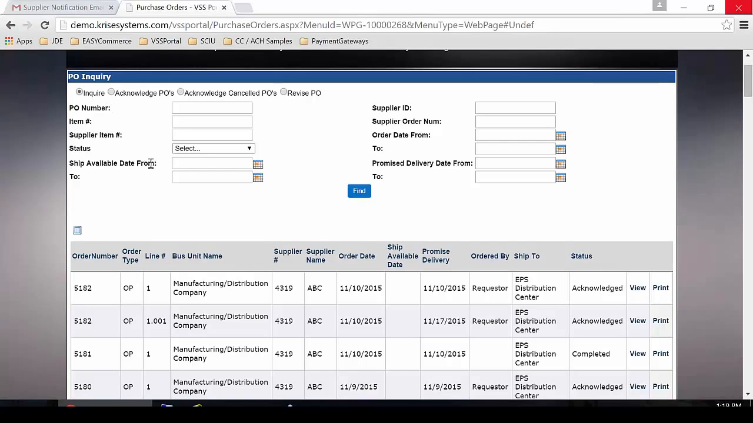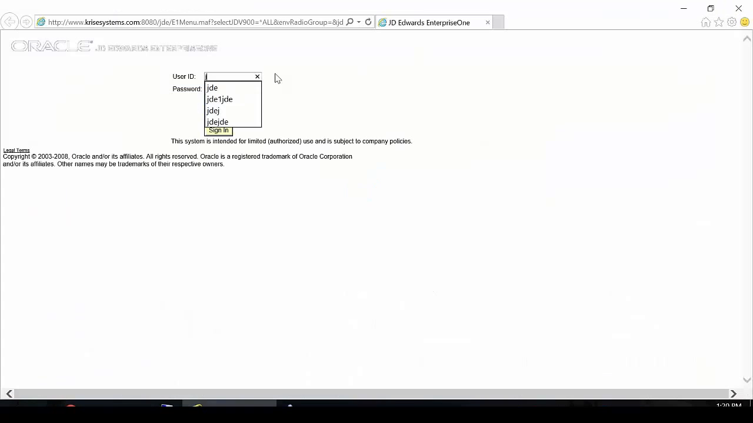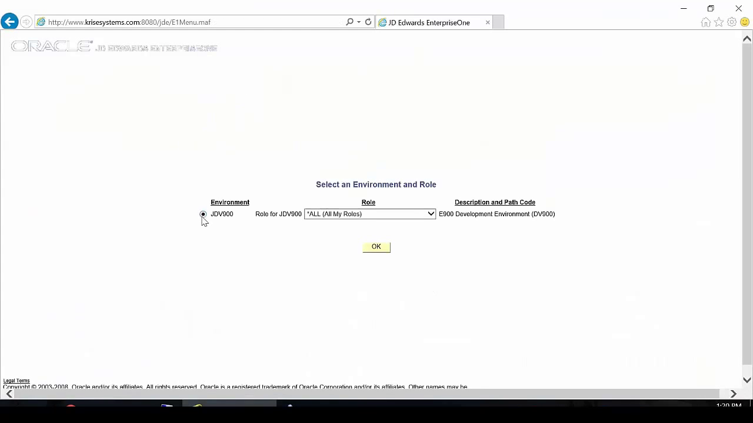Okay, so now let's jump into some functionality on actually editing a PO, acknowledging a PO. So we're going to take a PO. We're going to pretty much take it through the entire process of acknowledgement, ASN, receive, and then we're going to do a three-way match at the very end. So first things first, we're going to start from a fresh PO directly from JD Edwards. So let me switch over to JDE, log in,